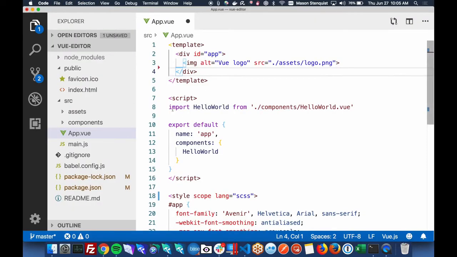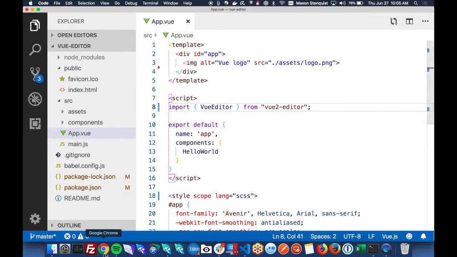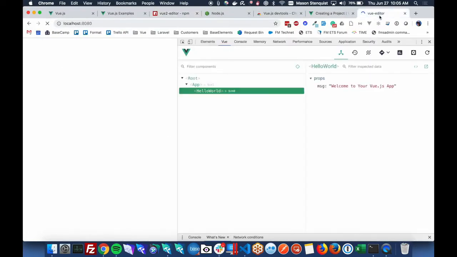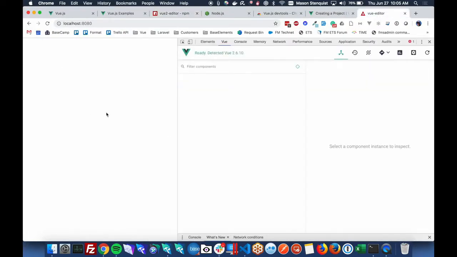And instead of importing Hello World, we're going to import our Vue editor. So we're going to have a problem though. If I save this and go back to here, we haven't registered that component and we're not actually using it.